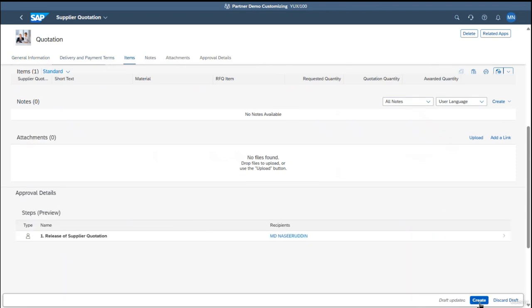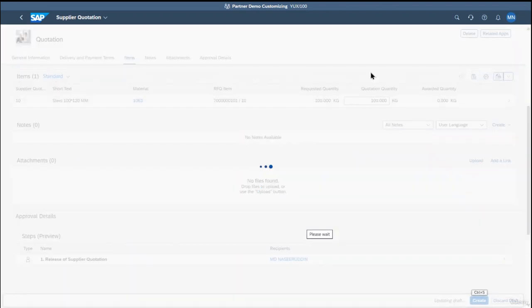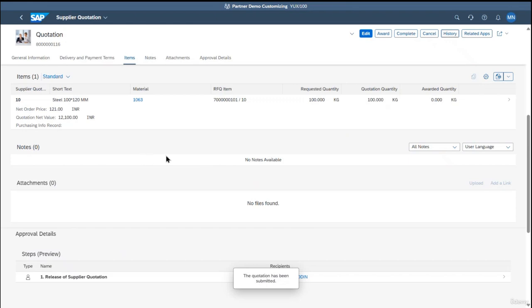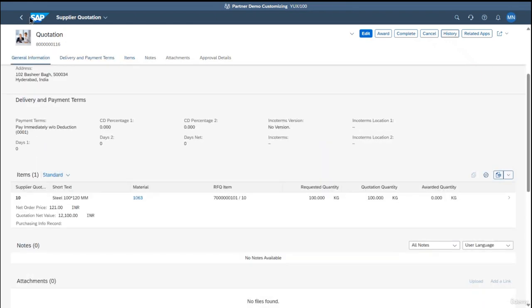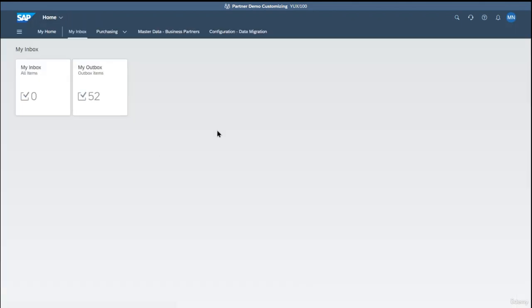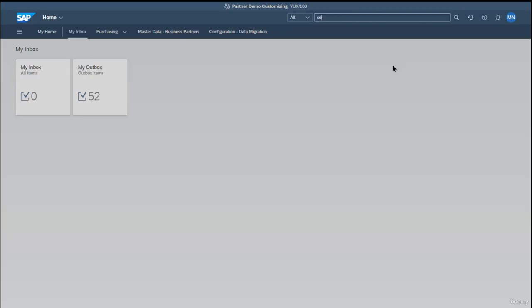Okay. Then I will create and submit. Both quotations should be submitted before it gets awarded. So once it is maintained, next we need to compare. For comparison, we have an application compare